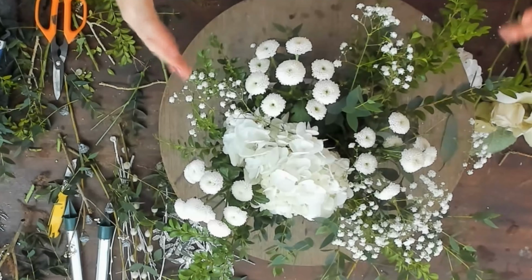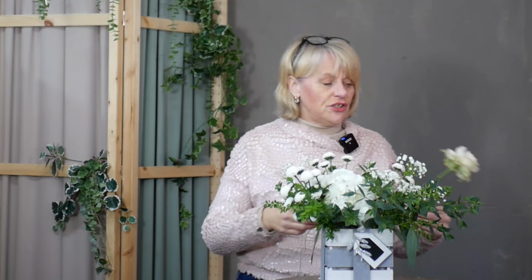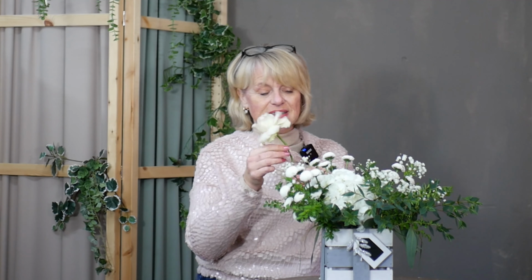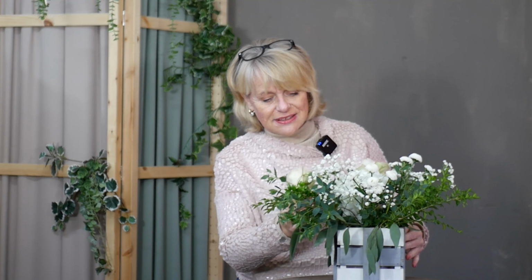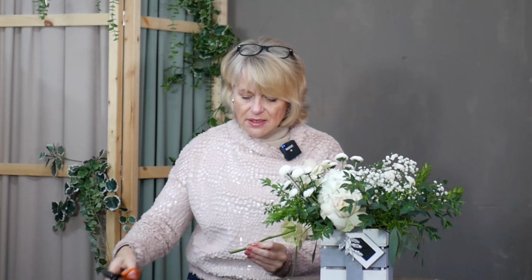And really, I've started to get that lower level in. You will remember this amazing reflexed rose. This is Hypnose, and that has literally come out of that previous arrangement. And I'm going to layer it on top, the smallest cut on the bottom, so that I don't lose the length on it. And I'm going to nestle them in amongst the greenery and that larger hydrangea there at the